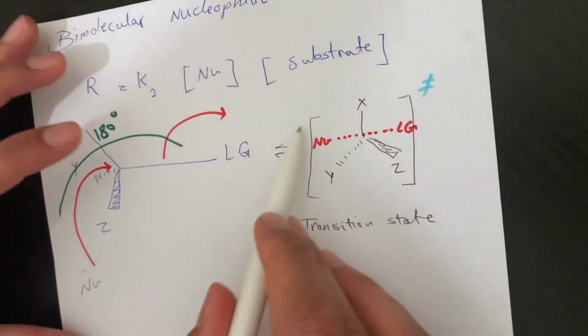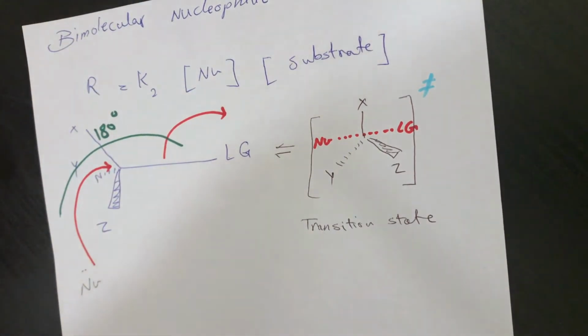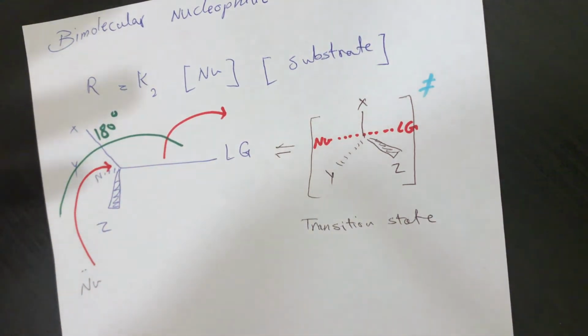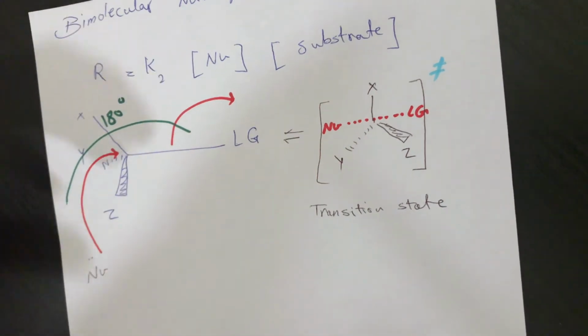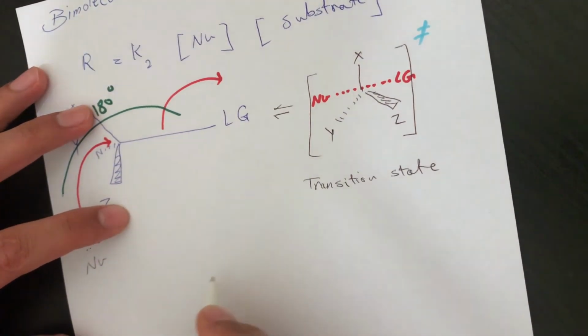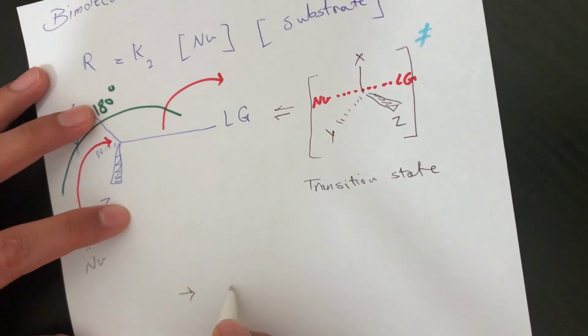Carbon holds up to 4 bonds, but this carbon is not really happy, so it wants to get rid of something as soon as it can, to come back to the normal state when carbon has 4. So when the leaving group leaves,